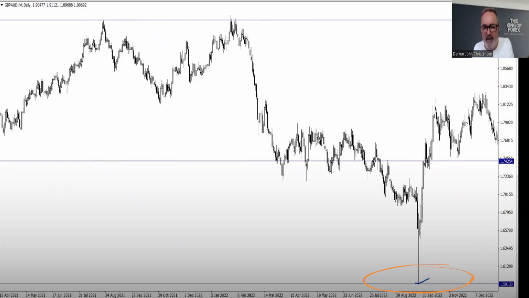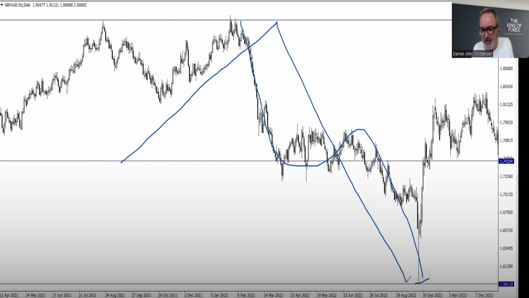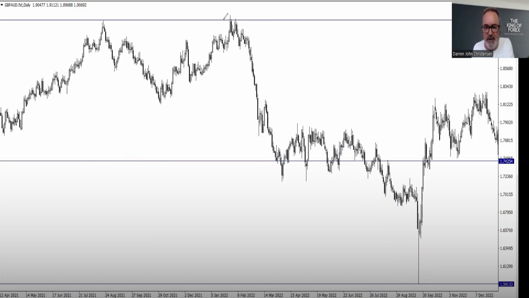In fact, this move here was almost twice the size of the uptrend move. The uptrend was about 1,700 pips, roughly, and this was pretty close to 3,300 pips to the downside, and that took 9 months. So we have a 4-month move in the downtrend to completely wipe out what took a year